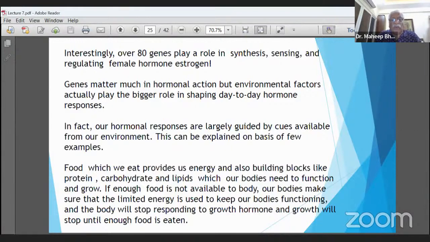See, there is one example I included here, and I read it so that you can understand. Food which we eat provides us energy and also building blocks like protein, carbohydrate, and lipids. These are basically the three components by which our entire body and cells are made, which our bodies need to function and grow. If enough food is not available, our bodies make sure that the limited energy is used to keep our bodies functioning, and the body will stop responding to growth hormone, and growth will stop until enough food